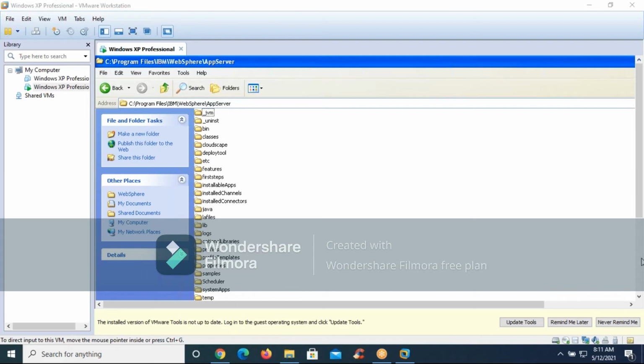Another type of profile possibility is a cell profile. Another possibility is management profiles. Understand? So I'm saying three types. One we are seeing now is a standalone profile, and we have one more, the cell profile. In the cell profile, federated nodes will be there, that we will discuss, and we have management profiles.